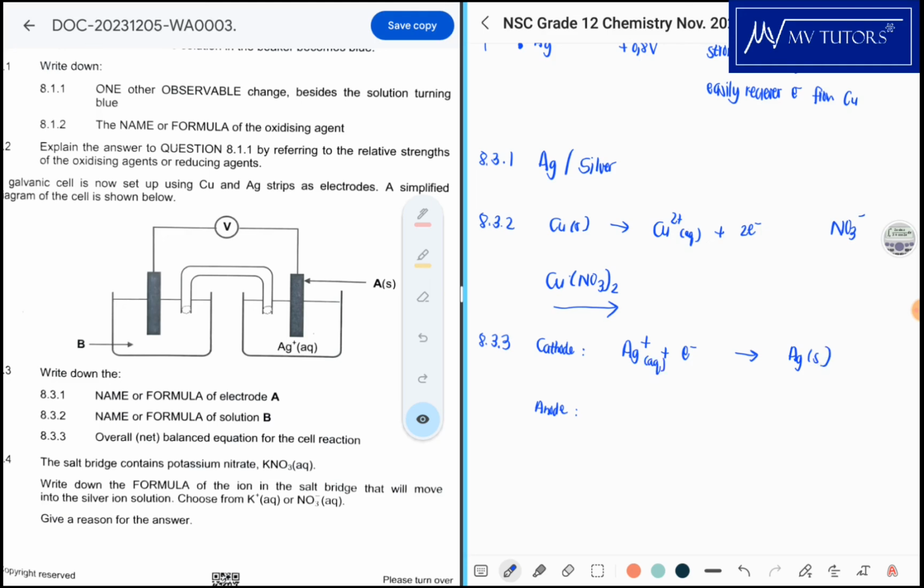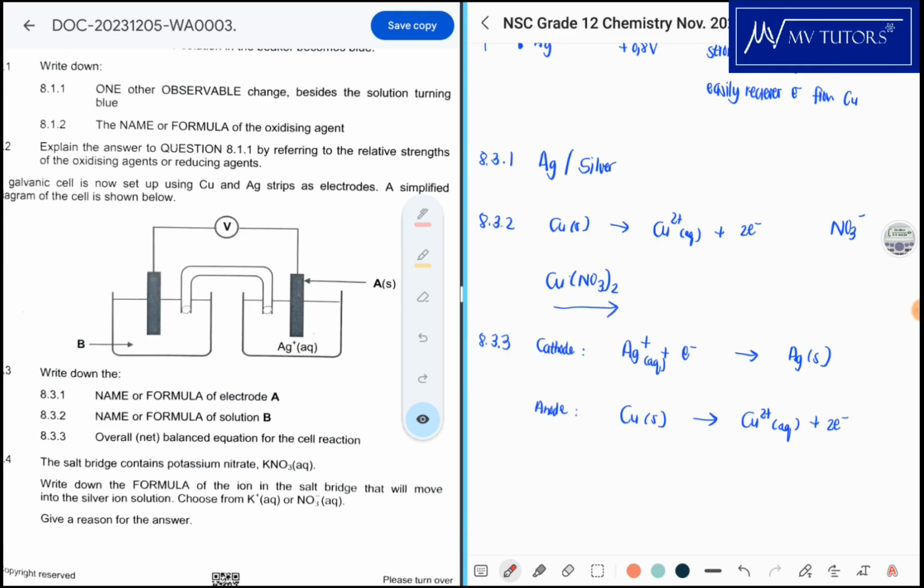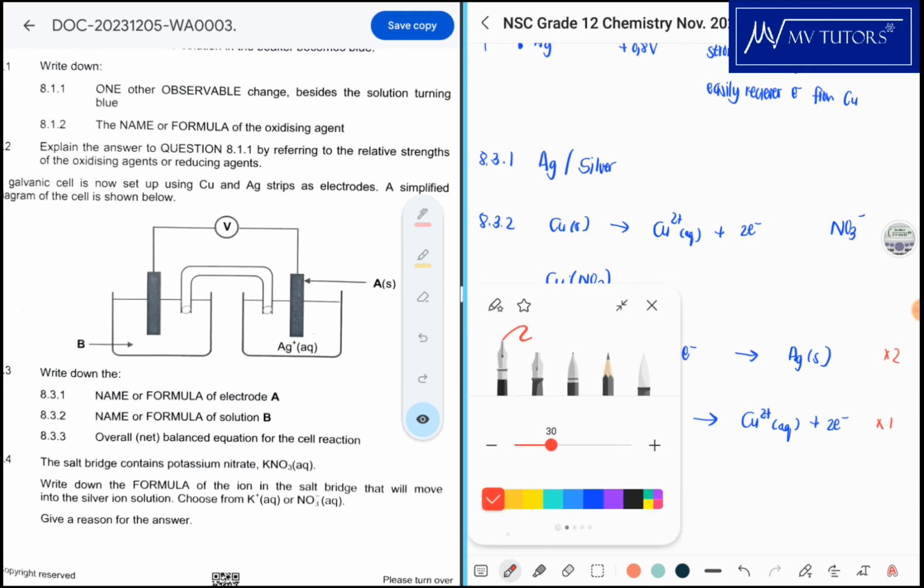Okay, and then at the anode we have copper. Okay, so you had your copper solid initially, and then it oxidizes, becomes copper 2 plus, and then you have 2 electrons. Okay, so we can see that the electrons are not balanced, so therefore we're going to need to multiply here by 2, multiply here by 1, and so when we write our net